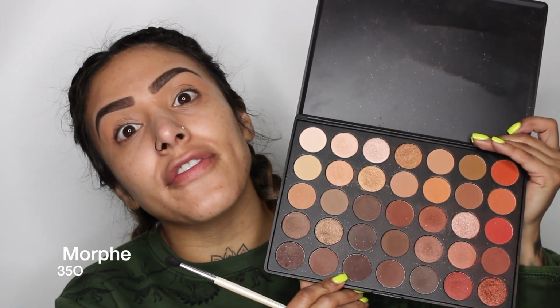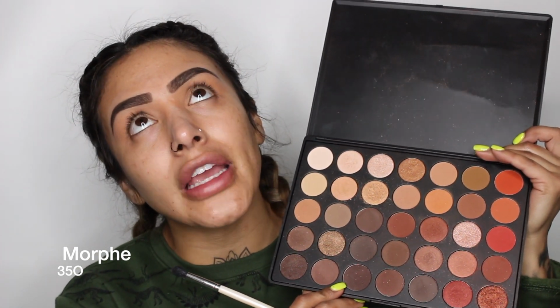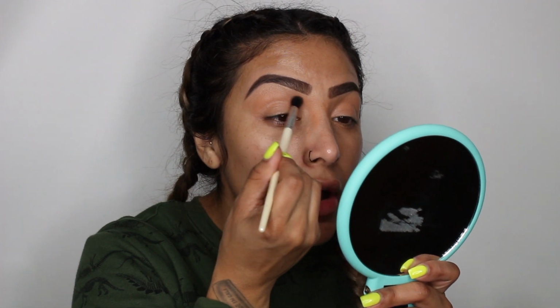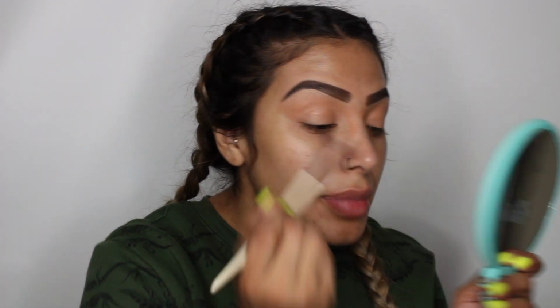Anyways, to start off, we're going to use a transition color. The palette that I'm using is the Morphe 35O palette, Holy Grail. The brush I'm using is from Sephora. It came in a little packet of 5 shading brushes. Pretty cute. And I'm just going to go ahead and pat this color